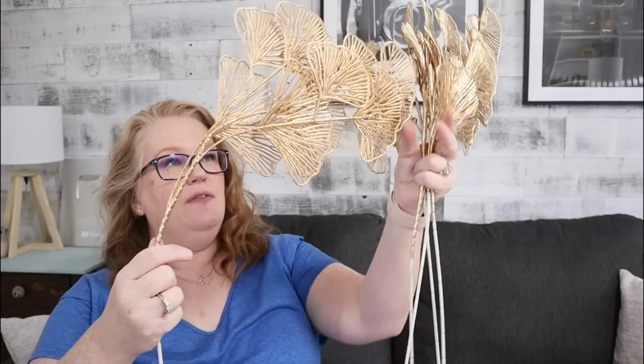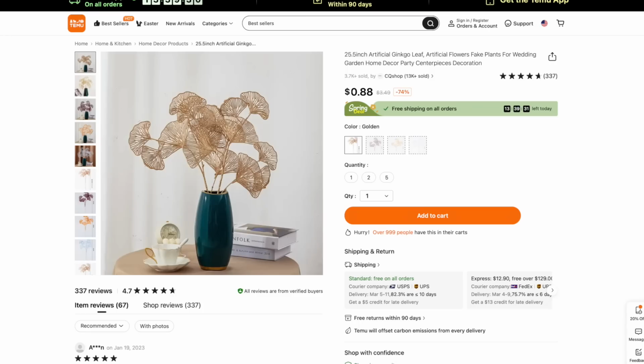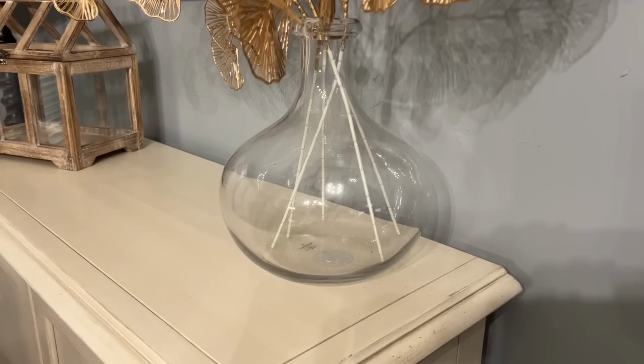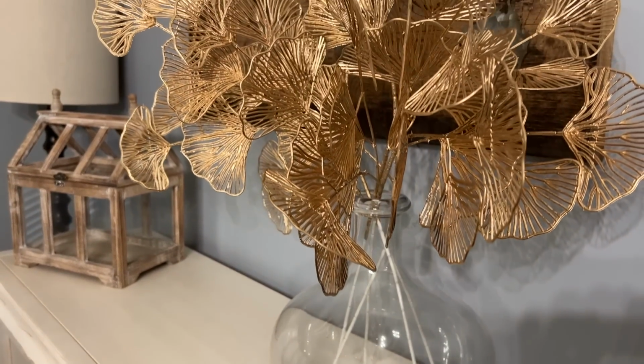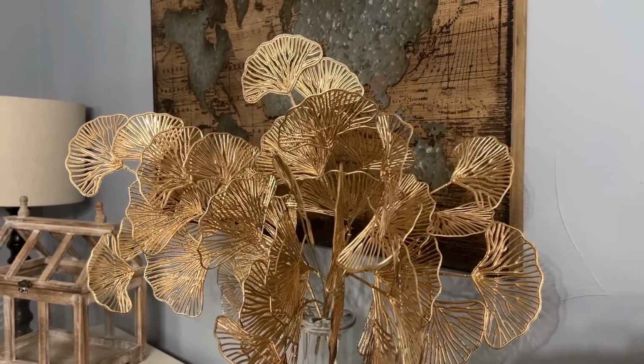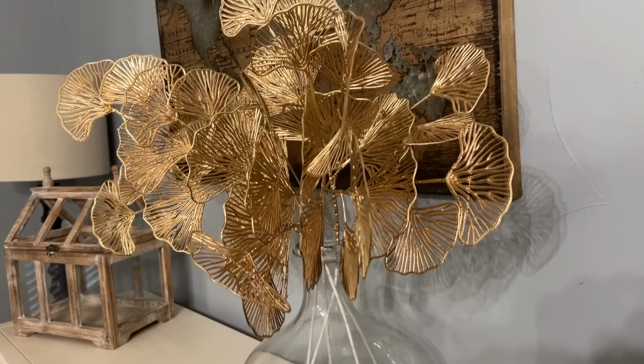The next item I picked up is actually something I picked up for my son's room redo that I'm working on right now. And talk about a bargain. So these are 25.5-inch long Ginkgo pieces that you can separate out the leaves. You get 5 pieces of these for $1.19. Okay, like that is a great price. And like I said, I think I shared my son's room walls are green, so when I saw these I thought, okay, these are going to be a great little thing that I can put in there for his room redo. But I'm telling you, really great quality, and for $1.19 for 5 huge pieces of this,